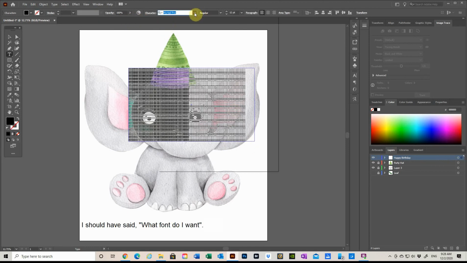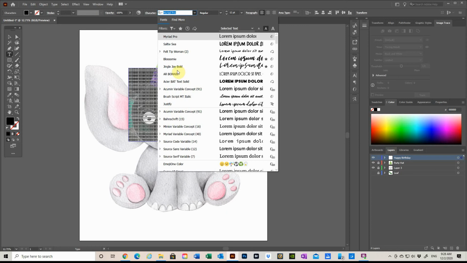What character do I want? Well, what font do I want? I want a basic font.